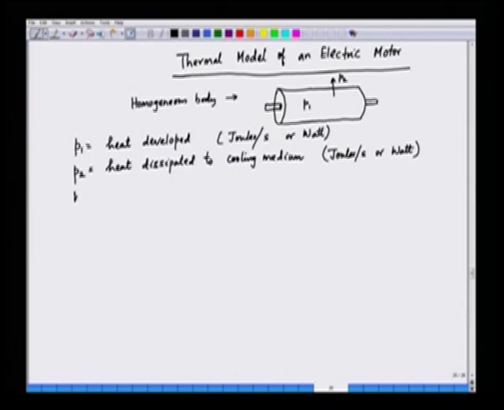We will assume W is the weight of the active part of the machine, and that is basically in kg, and A is the cooling surface